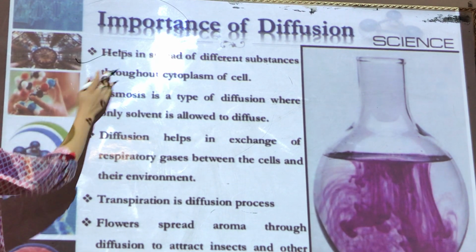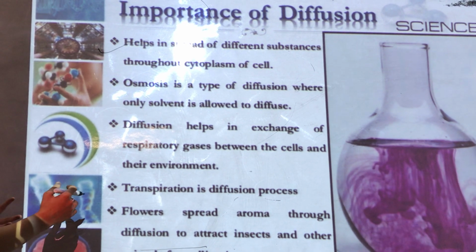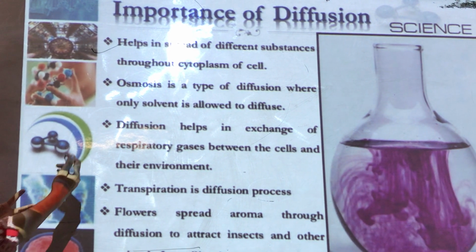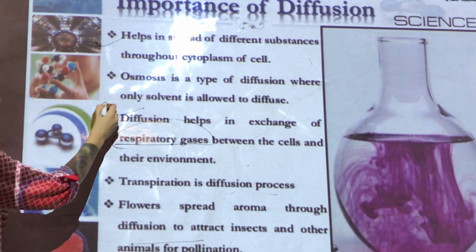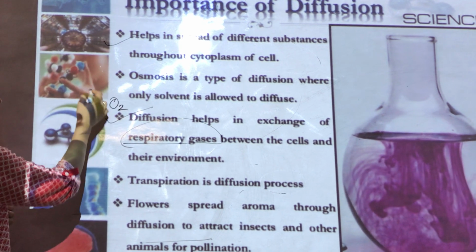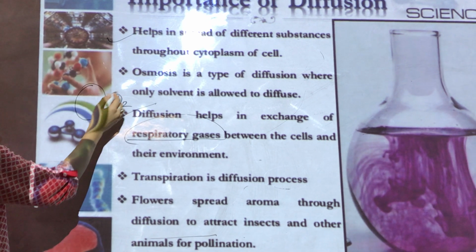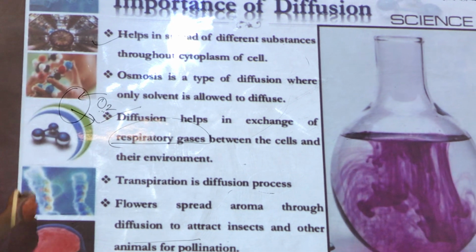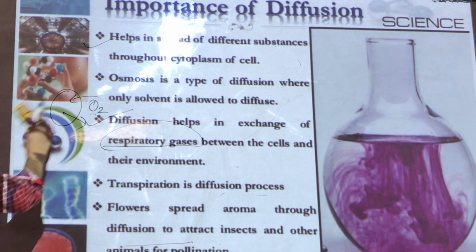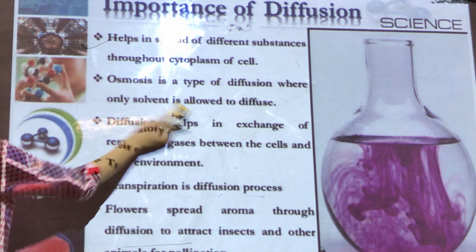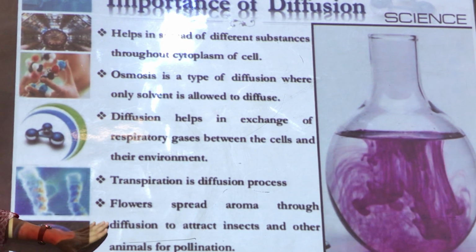Now these are the importance of diffusion. It helps in the spread of different substances throughout the cytoplasm. It helps in the spreading of the various gases. Diffusion helps in the exchange of respiratory gases. I already told you, if the content of oxygen is higher in the external environment of the cell, it will move inside, and CO2 will be excreted out by the process of diffusion. That is how we are able to respire. So the diffusion process plays a very important role in respiration. Transpiration is a diffusion process, and flowers spread